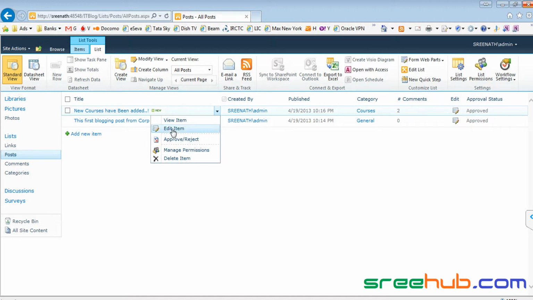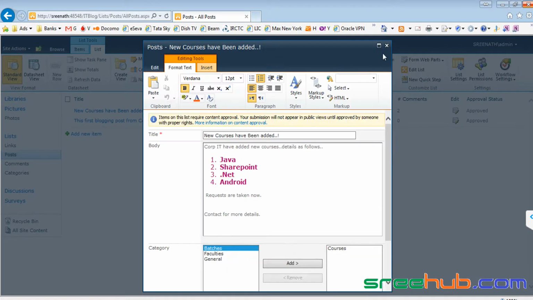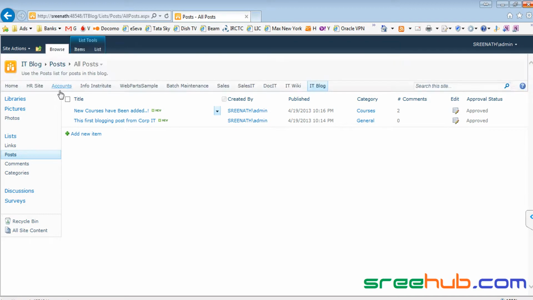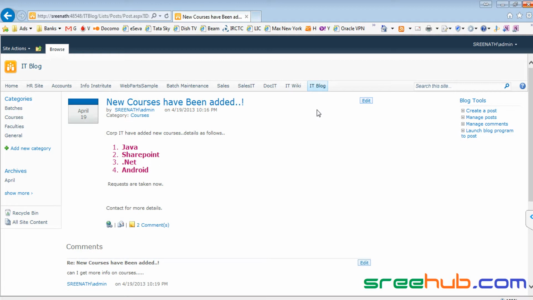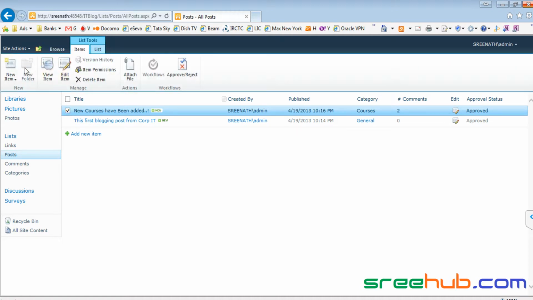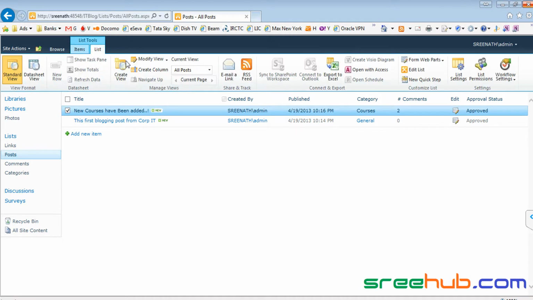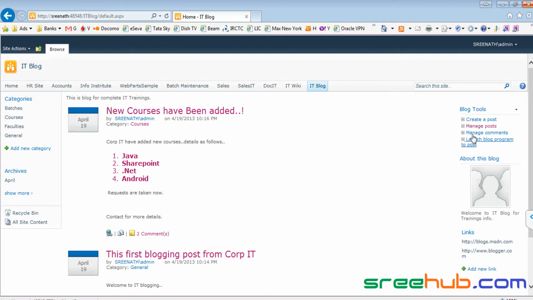And you can also edit an item. If you click on edit, it will take you to the same window, right? We have already seen this, where you can also click on this link and get an option called edit here, right? So the same option is there in manage posts, where you can do all the stuff that is provided. You can go to lists, add something new, export all the posts into Excel, create a view and all. You can do that in this. So this is how you can manage posts.